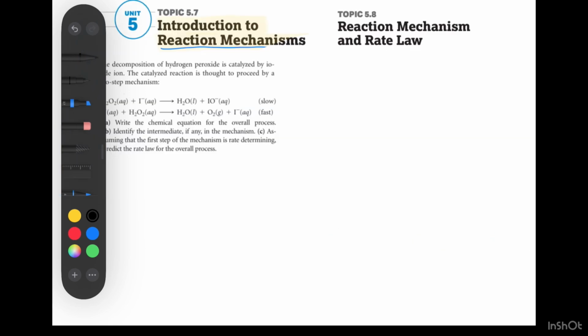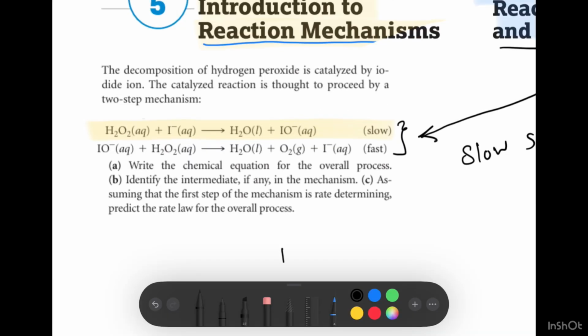Now let's start with section 5.8, because these two lessons are related to each other. As we can see, we have one reaction that is composed of two steps. And now the question: how can I write the rate law for this? Generally speaking, the only thing that you have to know is that the rate law is written only for the slow step. The rate is equal to K, for sure,